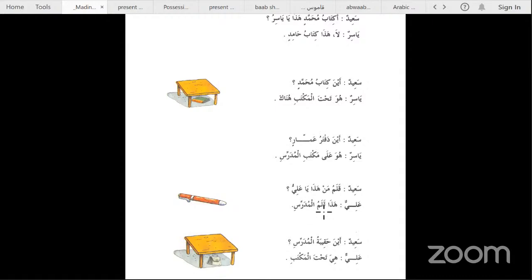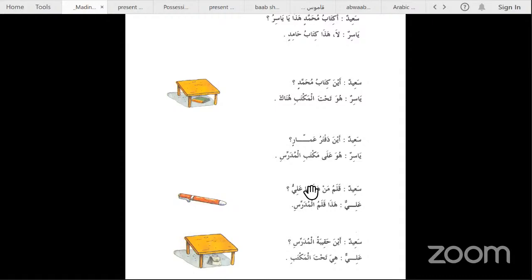As we have mentioned, anything which comes in the first position of mudaf, mudaf ilay is definite in its position, so we do not require alif lam. Just a dhamma or a fatha or a kasra can come, depending upon where it's situated. And the second part, the mudaf ilay, the possessor, can come with alif lam, al-mudarrisi. So either it comes with a kasra tanween, kitabu Muhammadin, or if it has alif lam, it will be with one kasra, qalamul mudarrisi.